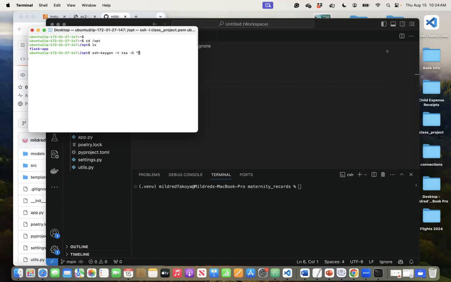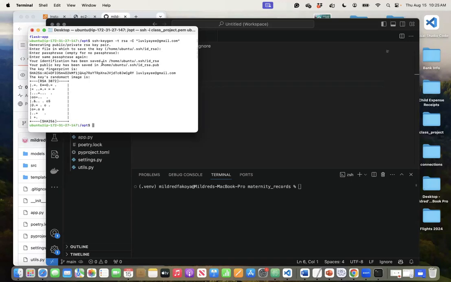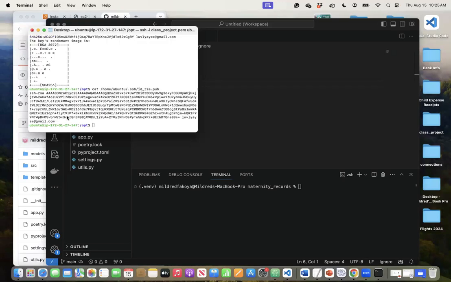I'll put my email address. I think this is it, and I want it to be id_rsa. I can put a passphrase, and then we have it saved in this directory. I want to copy the key, so I'll say cat, and then I'll copy that key,